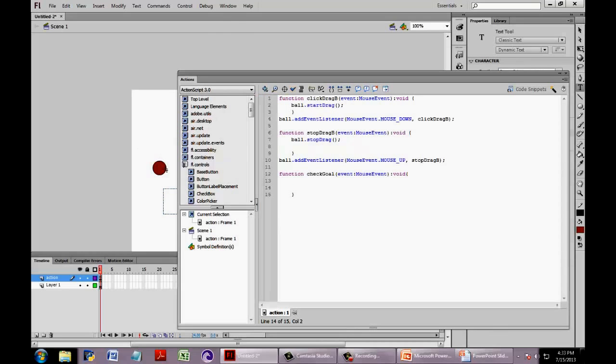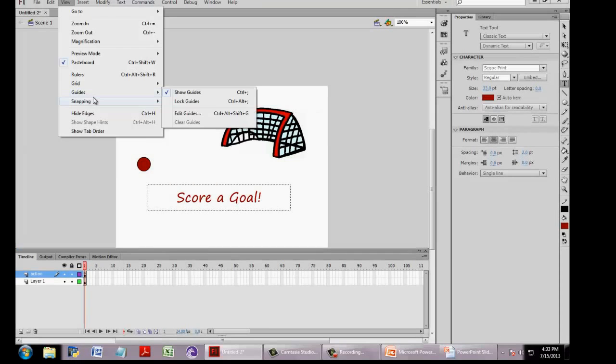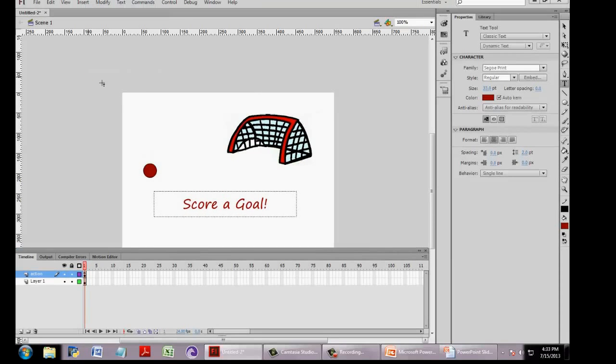Now when will the goal be scored? I know that if this is the x-axis, my x lies somewhere around 250 to 500. We have to remember that this is the registration point, so we are talking about the central pixel